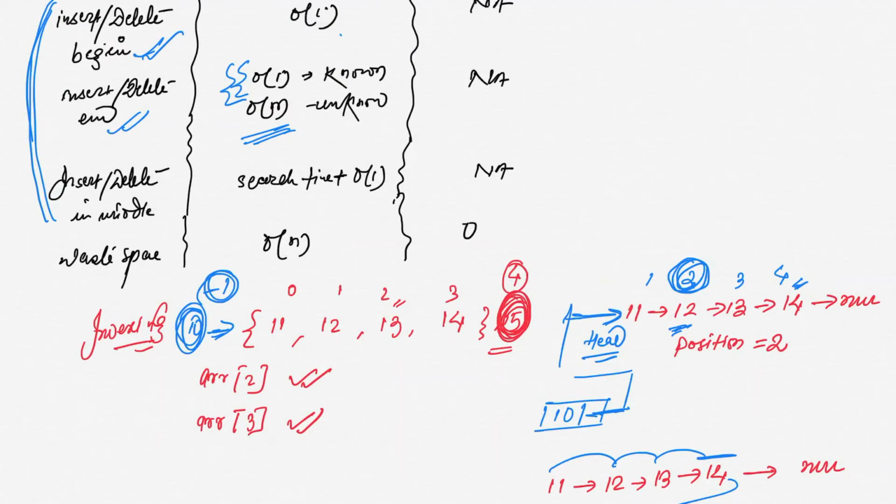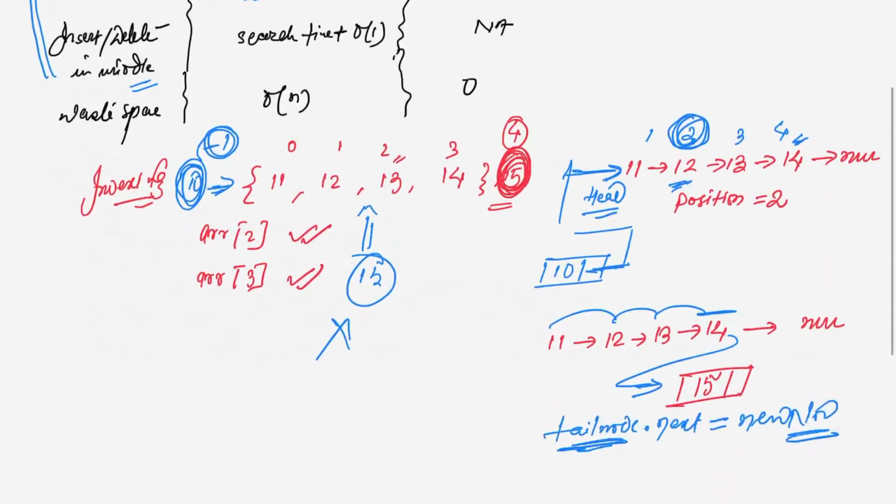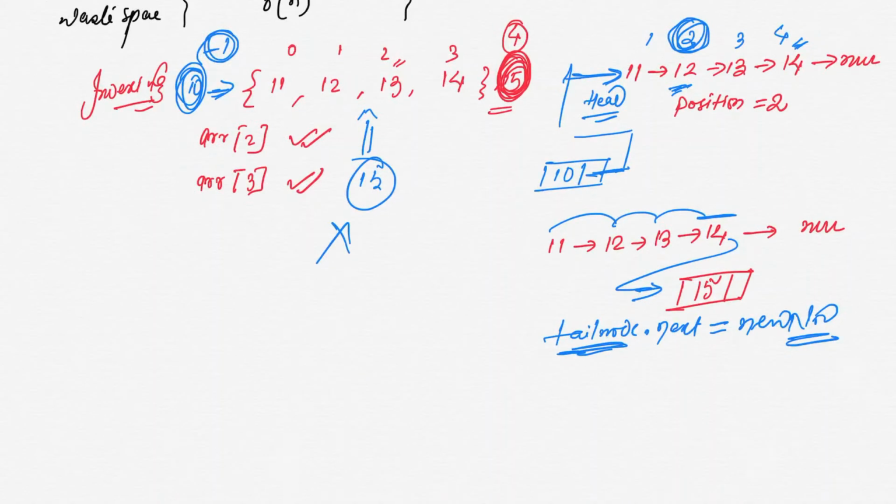Right, and this particular operation is not possible in an array: insert and delete at the middle. If somebody asks you to insert 15 somewhere inside the array, this is not possible because we have the limited size of the array and we cannot push anything in between. But when it comes to the linked list, it's not